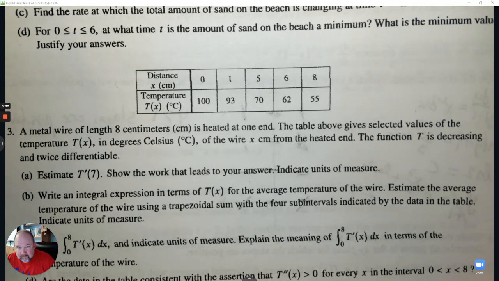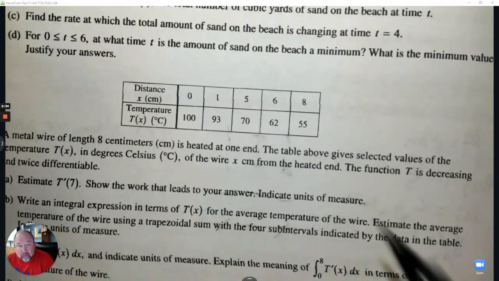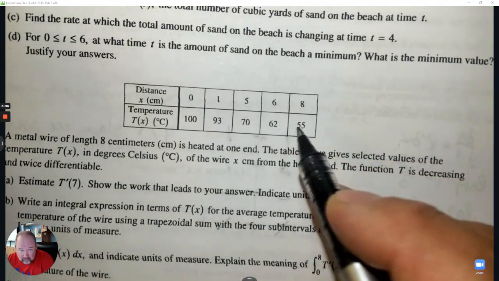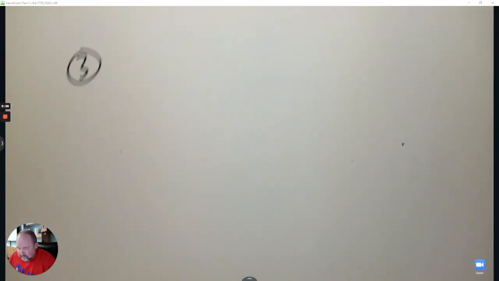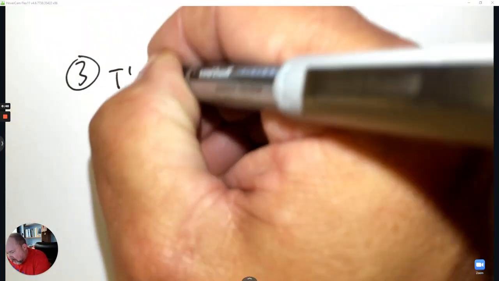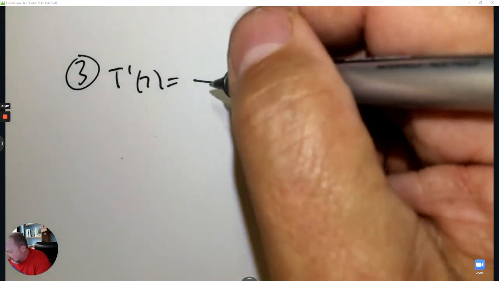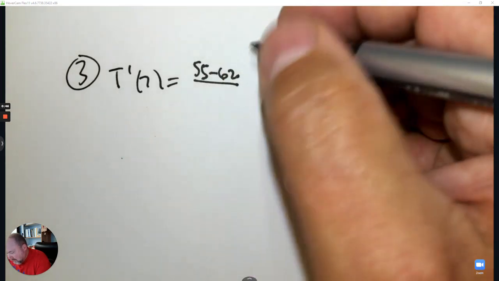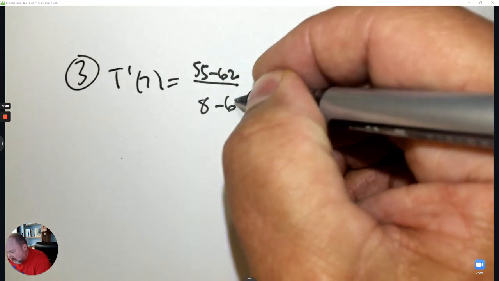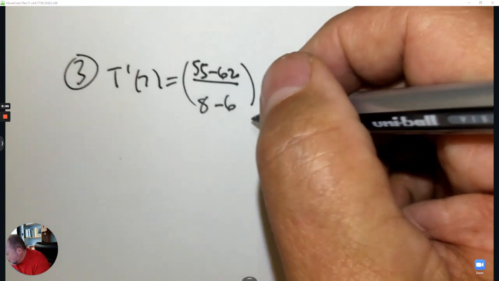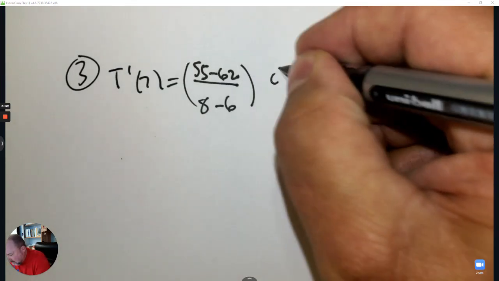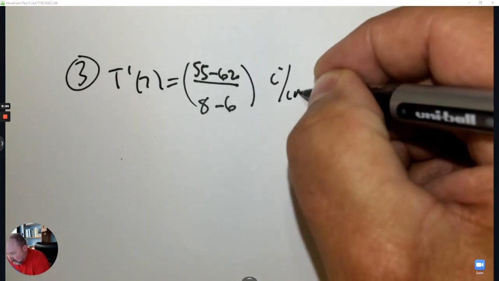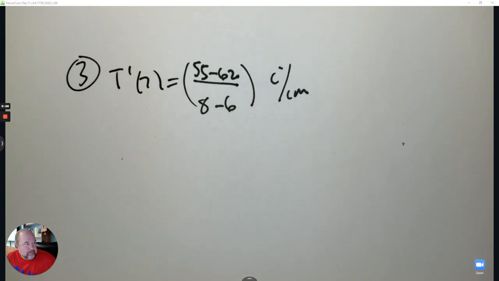Estimate the derivative at 7 using a table. So we know the derivative at 7, we're taking the slope around the 7. So the derivative around 7, we don't have to simplify it, would be 55 take away 62 over 8 take away 6. And that would be in Celsius per centimeter. B,